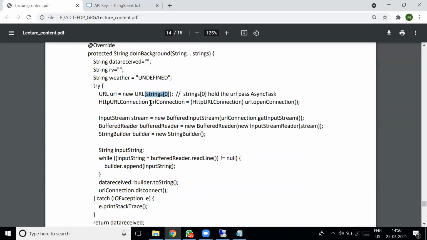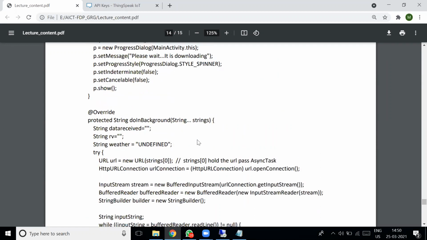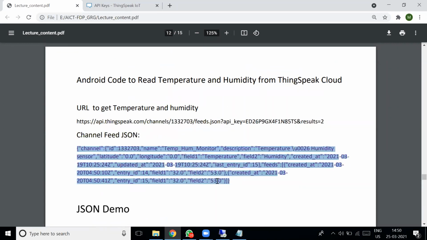Once the HTTP connection is established, we form an input stream, and from the input stream we create a buffered reader. Then you can read the data from the stream and append it to a StringBuilder string. Finally it is converted into a string, so the data received is held as a string variable. You establish a connection with the ThingSpeak Cloud and read the data.